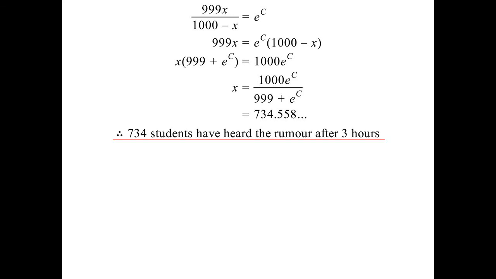All right. Exponentialise both sides. I'm leaving it as c. I'm not writing all of that down. All right. So 999x over 1,000 minus x is e to the power of c. So 999x is e to the power of c times (1,000 minus x). Again, I've just kept that number in my calculator. Punch the buttons. x is